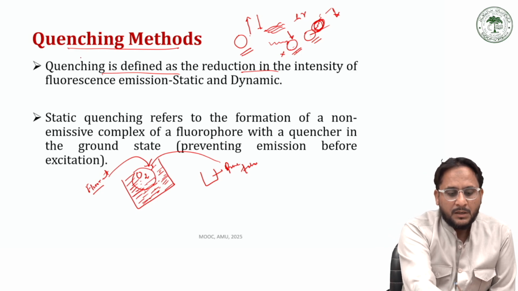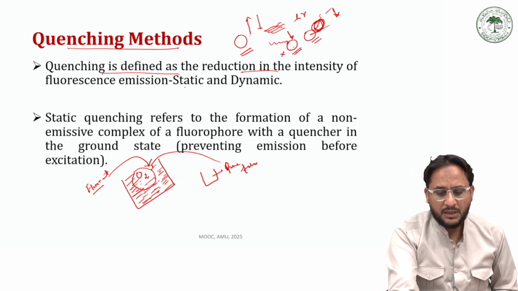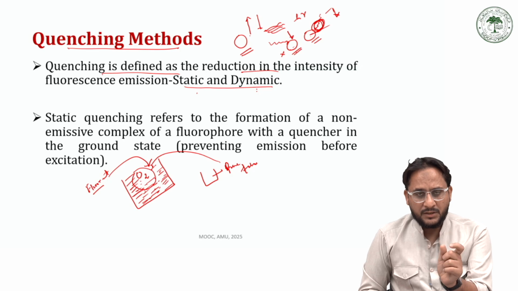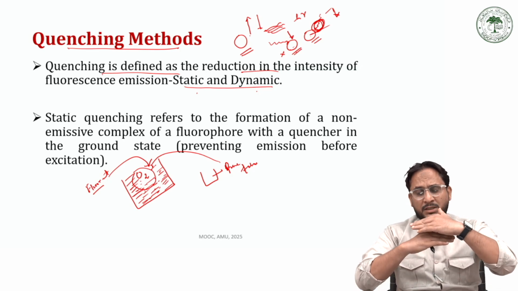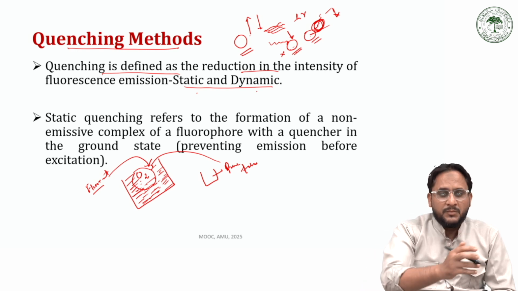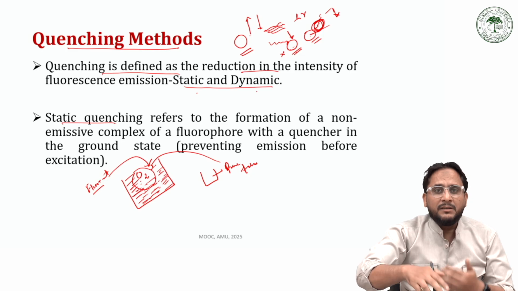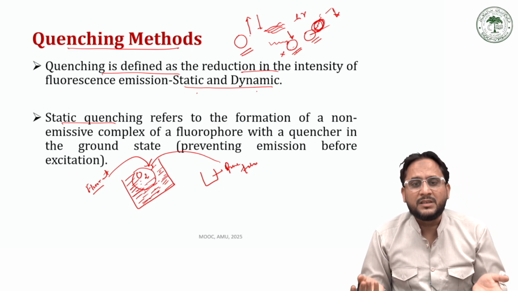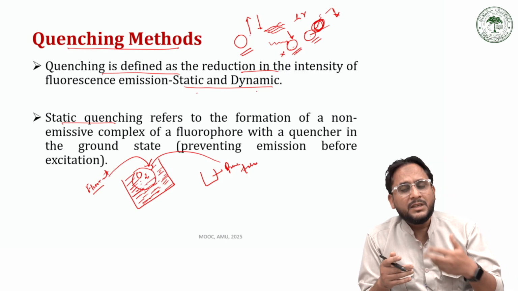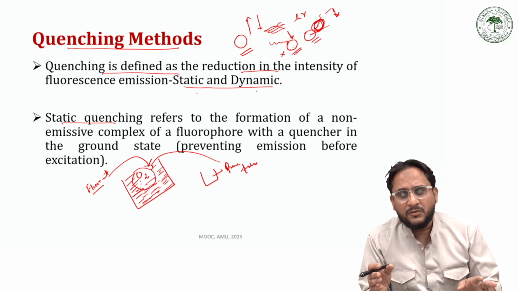And so further, these quenching methods are divided into two categories: static quenching and dynamic quenching. Static quenching refers to quenching the intensity of light even before the emission happens. It means these static quenchers go and attach to the analyte even before excitation occurs. So there will be no excitation, there will be no deactivation, and when there is no deactivation in any form, neither in the form of light, which is called fluorescence, nor in the form of non-radiative